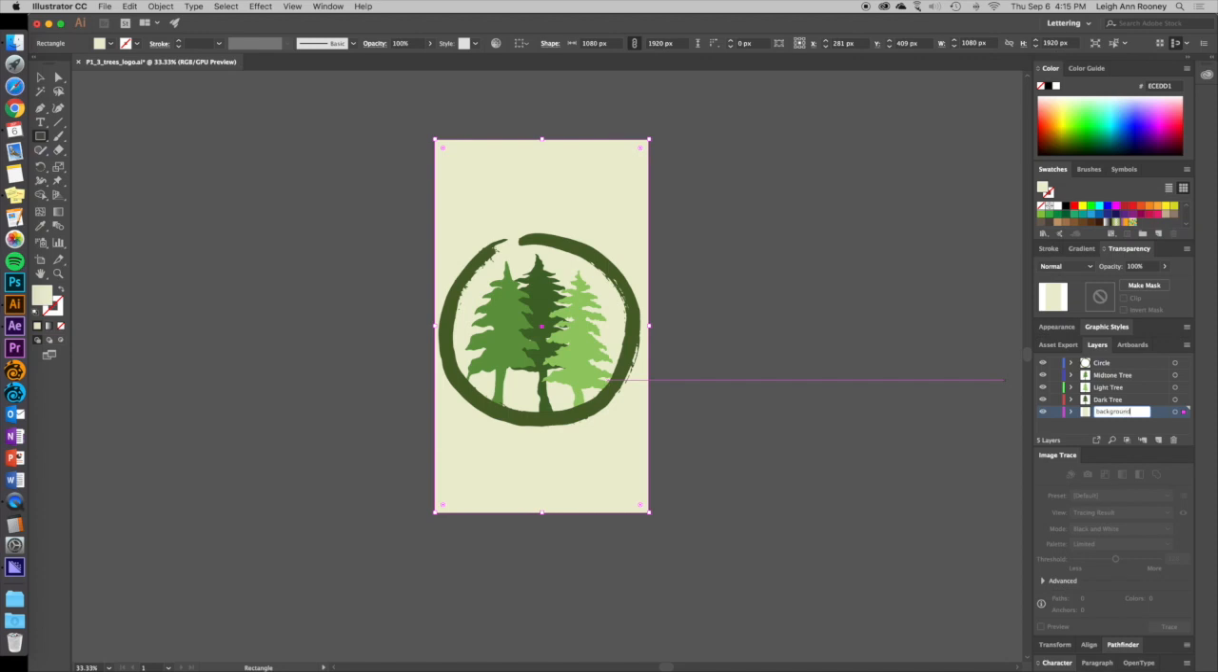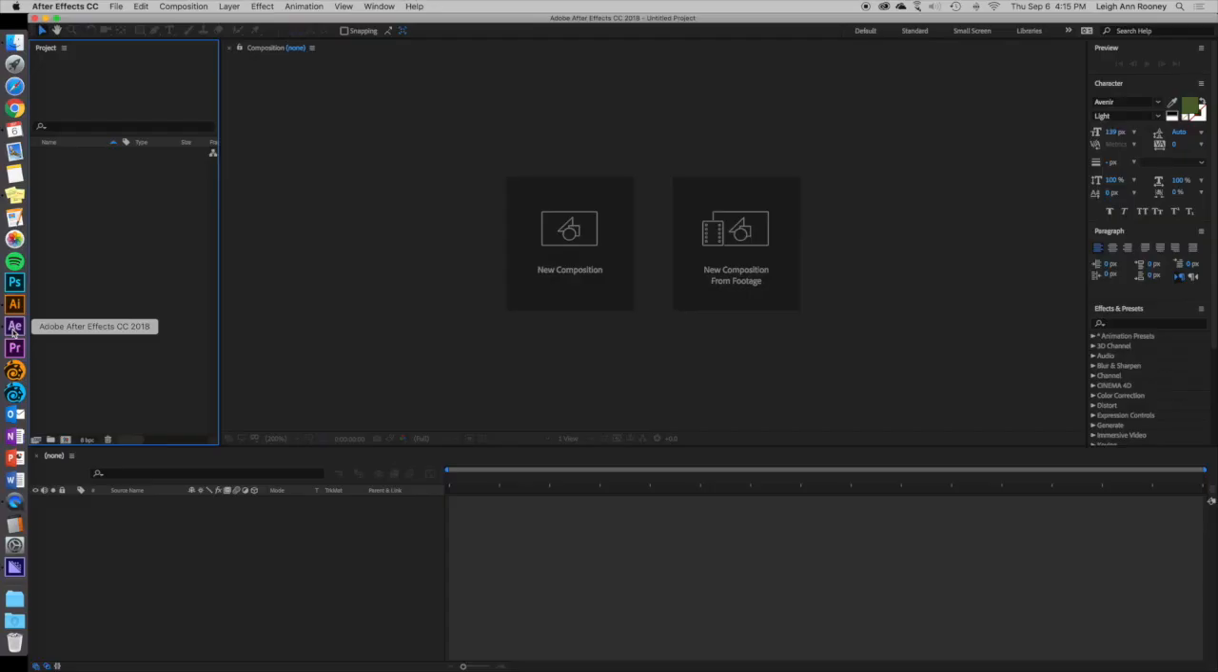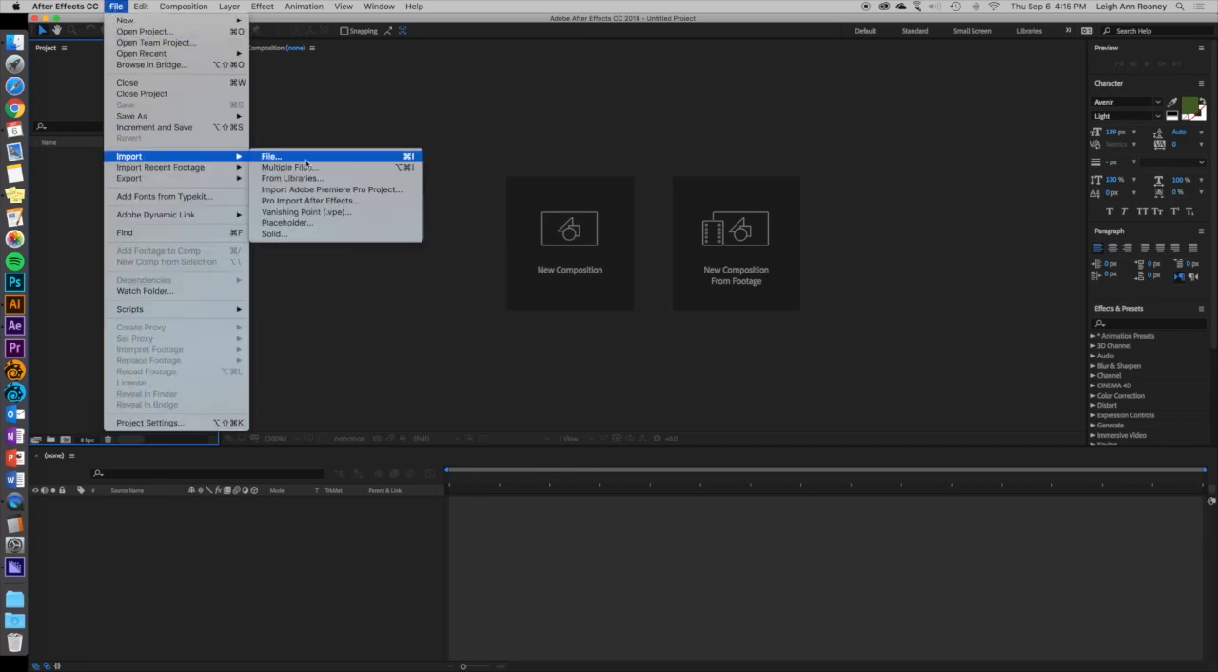If you don't do anything else for this, name your layers. You'll be so much happier if you do. Okay, so we're going to save, and then we're going to bring it into Adobe After Effects. So come into After Effects, File, Import, File,